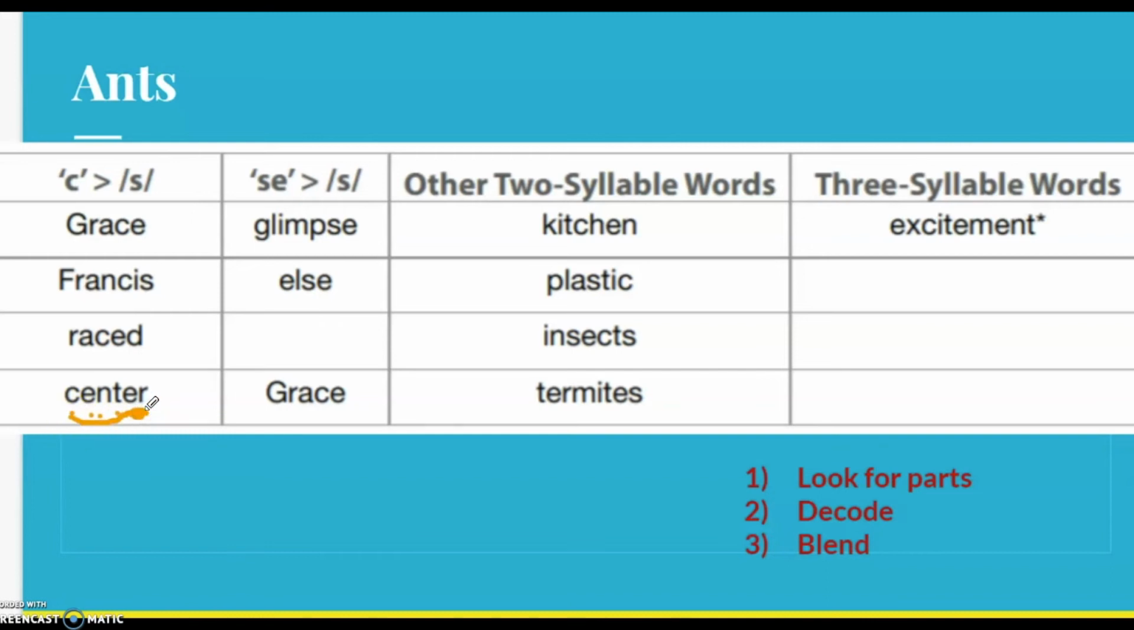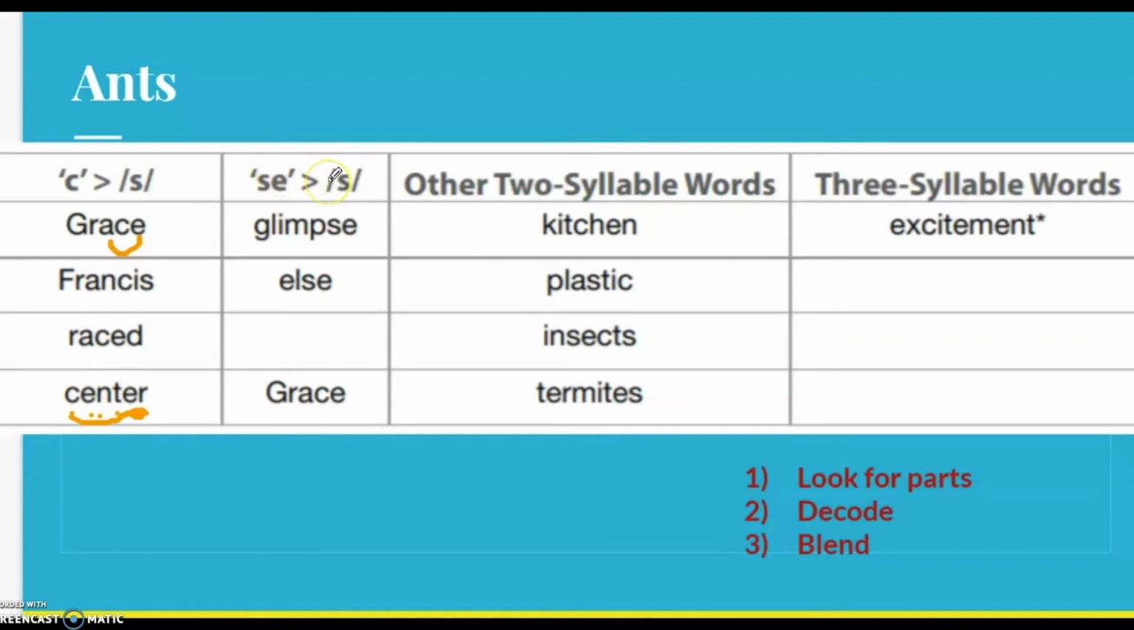Center. Ooh, that word is center. Let's read all these words together. Grace. Yep, you remember that magic E. Francis. Raced. I can hear you read, so make sure you're loud and proud. And center. Okay, and now we also learned that